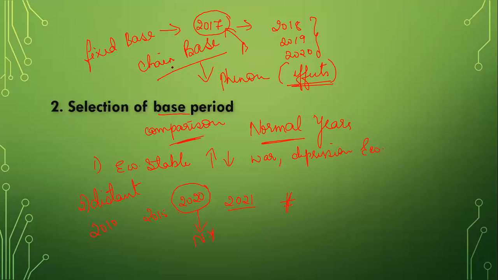The first method is where you have to set a particular objective to know the base, to know the index number. Second one, you should select a particular base period, and when you select the base period, the base year should be of normal years and not the abnormal years. It should be economically stable. Okay, and it should not be of a long distance. There should not be a huge gap between the base and the current year. That is the 2 points that you should keep in mind.